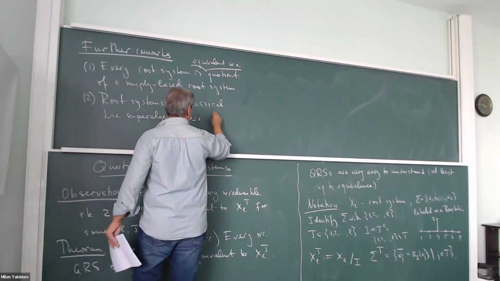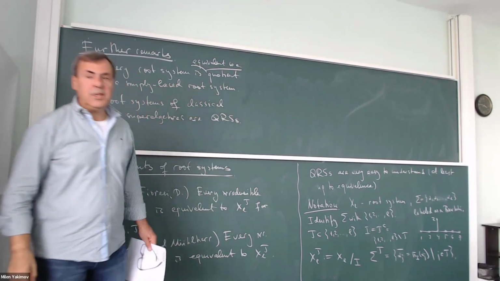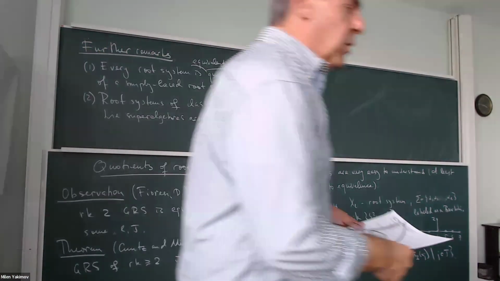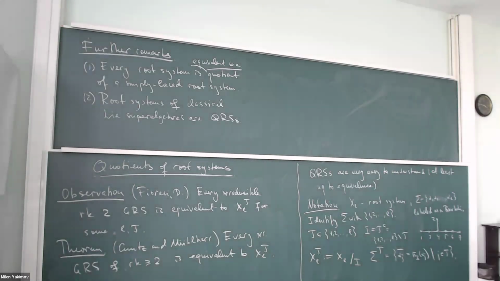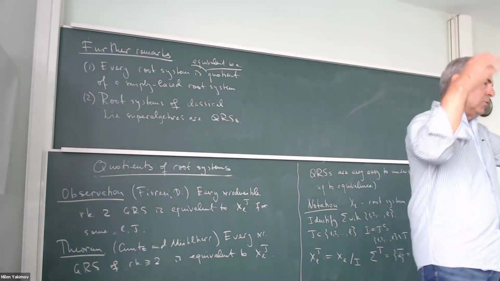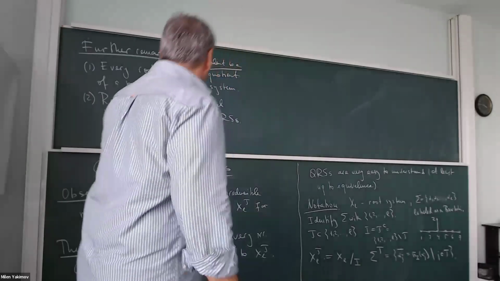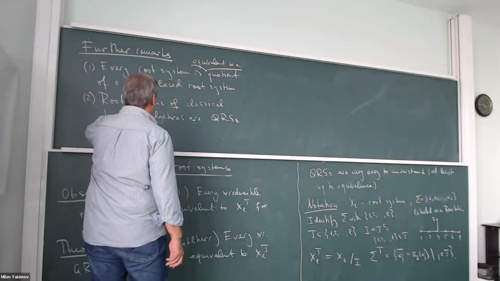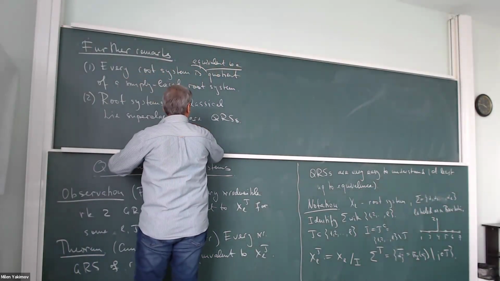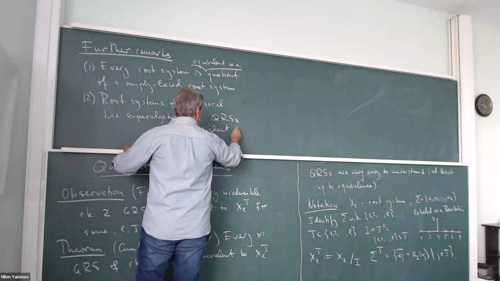They are quotient root systems. I don't need to specify here whether they are quotients of simply laced or not, because if they are quotients of any root system, then they are quotients. One has to be careful here. They are equivalent to